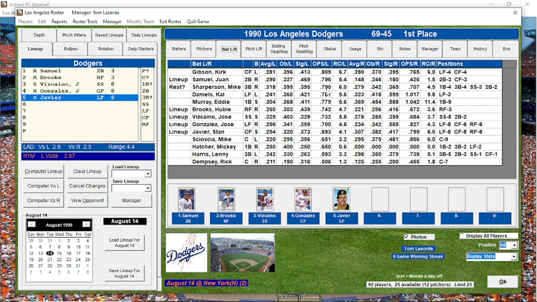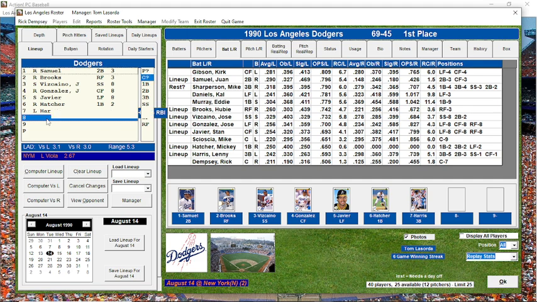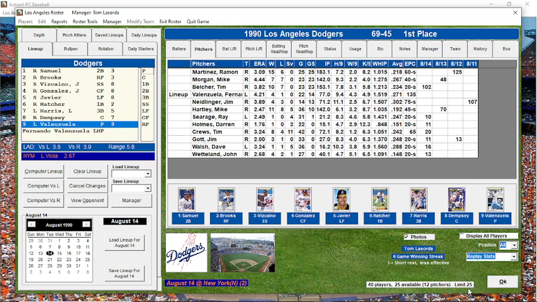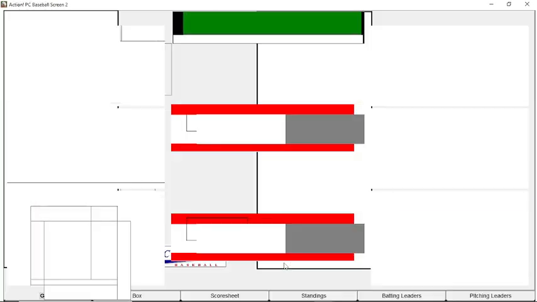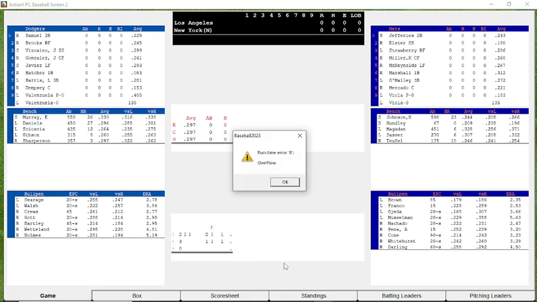Okay, let's go back to this spot. That's in order, it looks like. Mickey Hatcher will be the next hitter. He'll play first. Harris, even though he can't hit lefties, will play third, and Dempsey will catch. Let's see if that's a real lineup. It is. And Fernando will get to pitch his heart out at 135 pitches. Let's just hope he can go as long as possible, because Cruz is our only backup. If Cruz fails, then we have to start using guys at -20. Oh no, I don't like this.